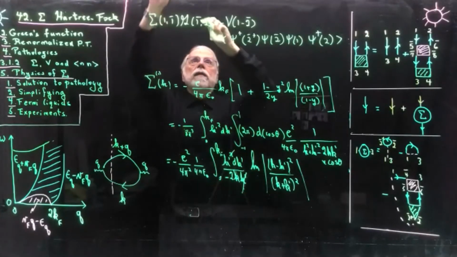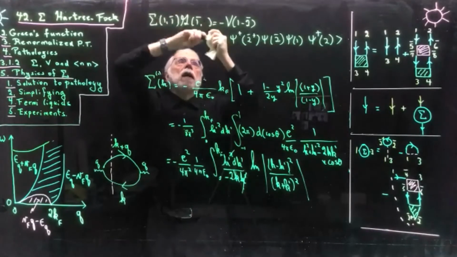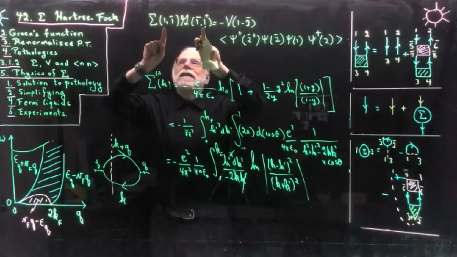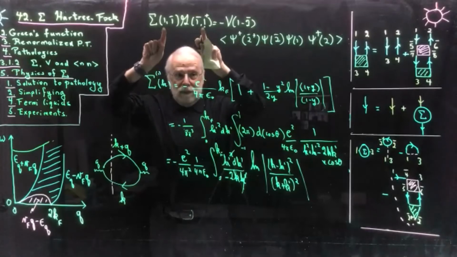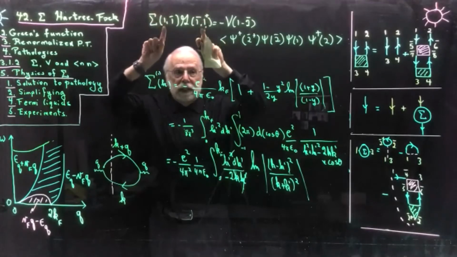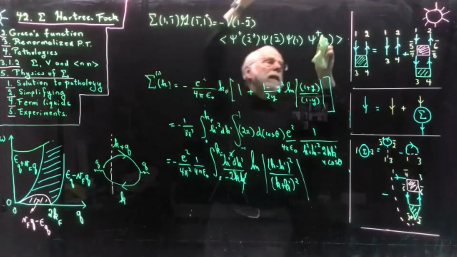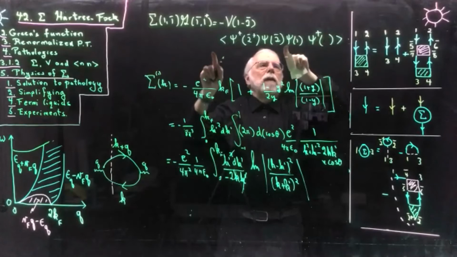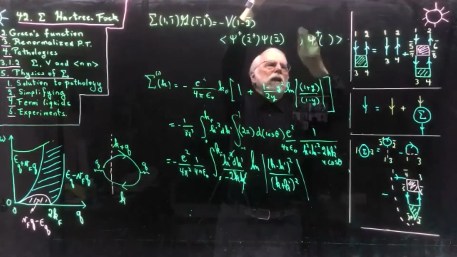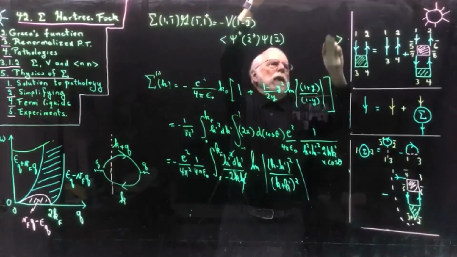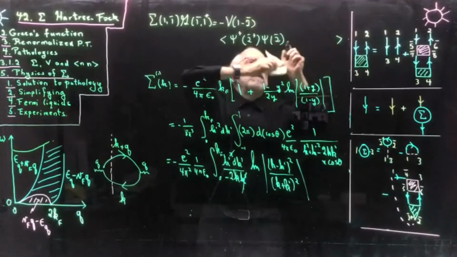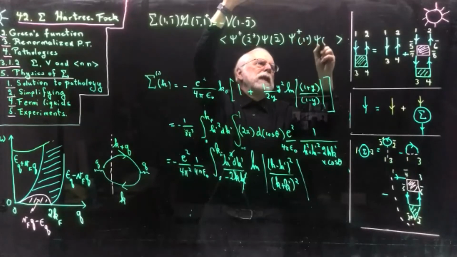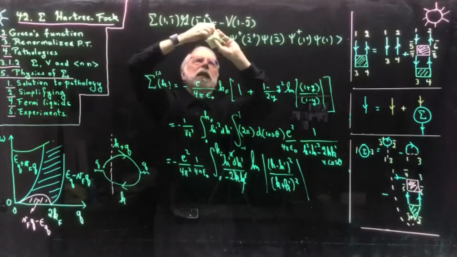Now you see that if I look at 1 plus here, in other words, this is like the trace. You see, if I put a bar, this is like a trace here. Then this becomes 1 plus. And if it becomes 1 plus, it means that I want to add it on the other side. So I have psi dagger 1 plus psi 1, and I get rid of the minus sign.